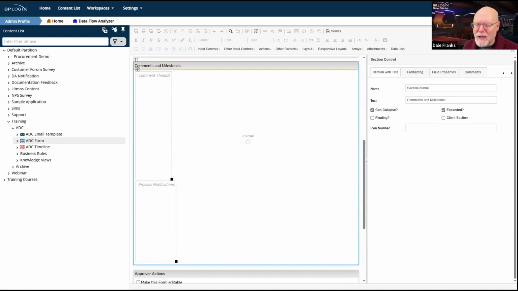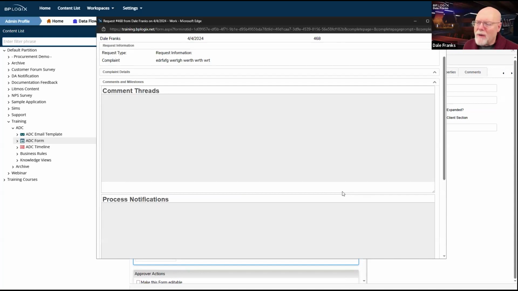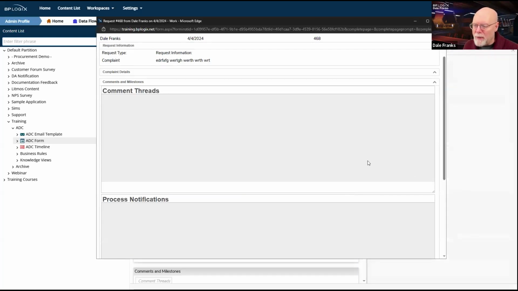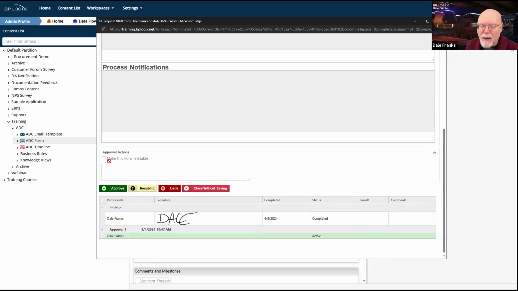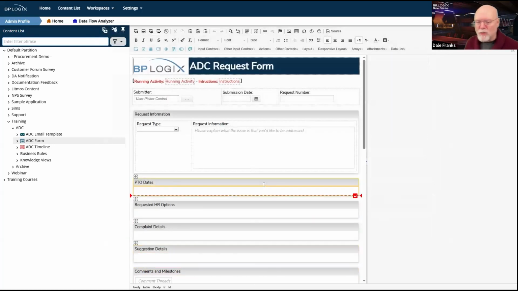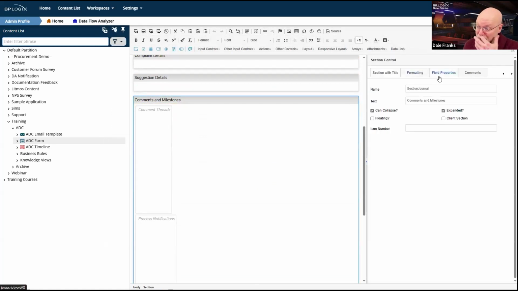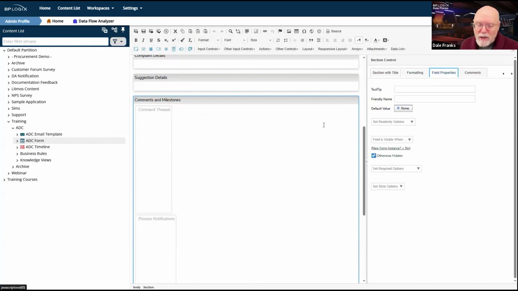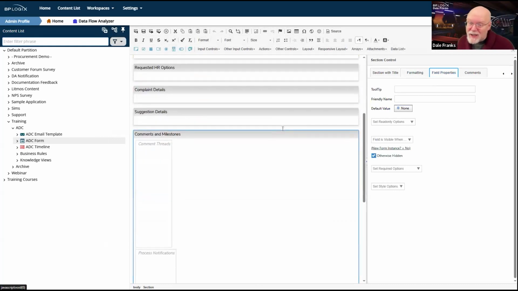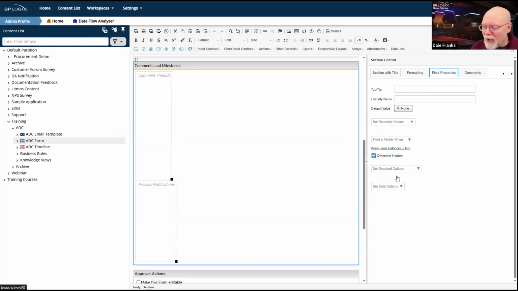that that gets saved. So everything is disabled, which means if I go to comment threads, which is the only thing that I could actually edit on this form as an end user, note I don't have a send button down here. And that tells me that this is disabled. And of course, my checkbox here is not editable. So that tells me that that is disabled as well. So I've got to handle the enabling scenarios on these particular controls. And one of the reasons why everything is in a section is so that I can enable and disable everything all at the same time.